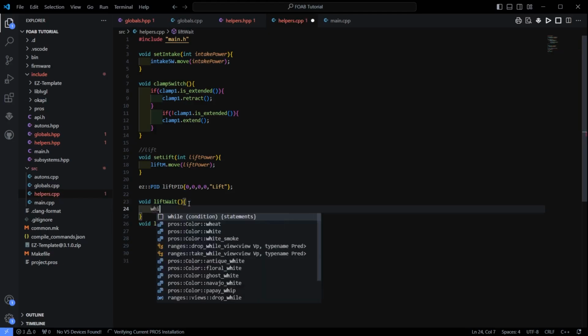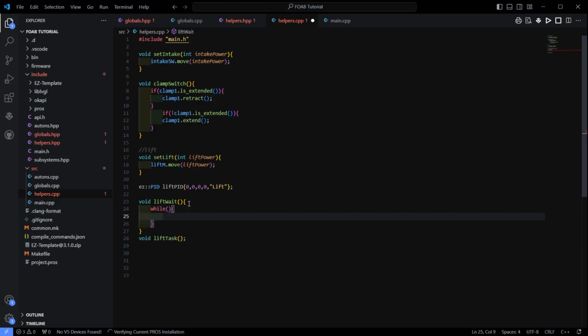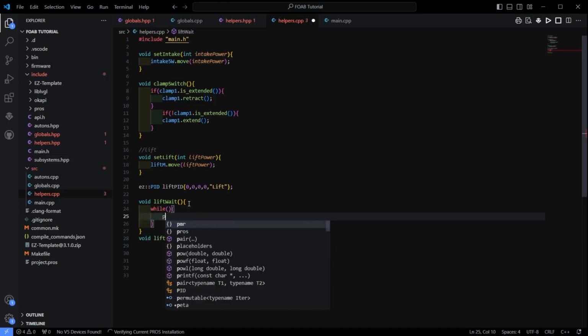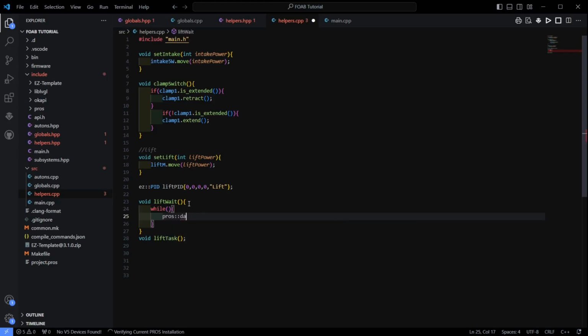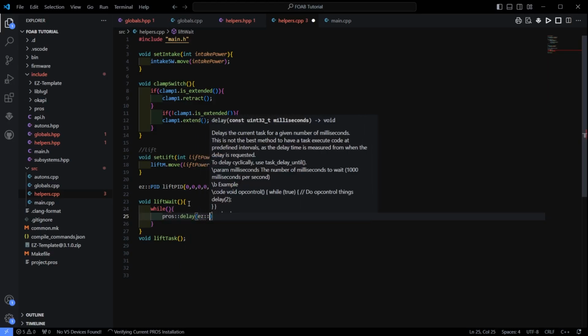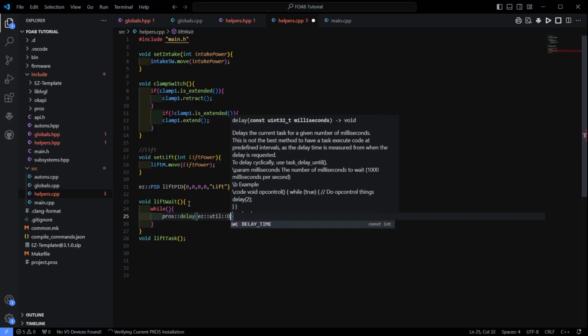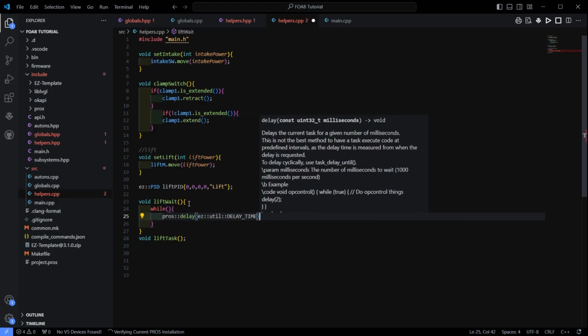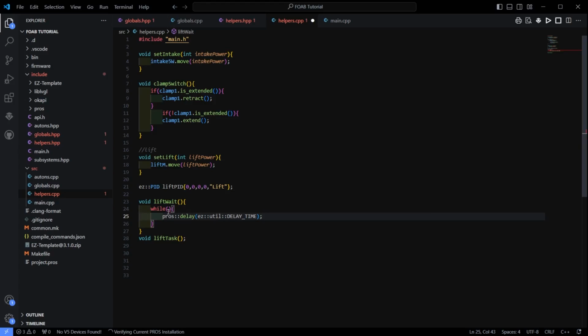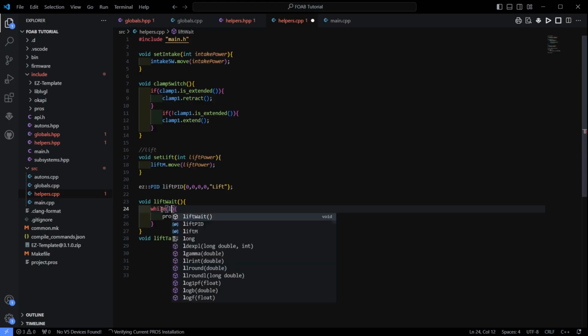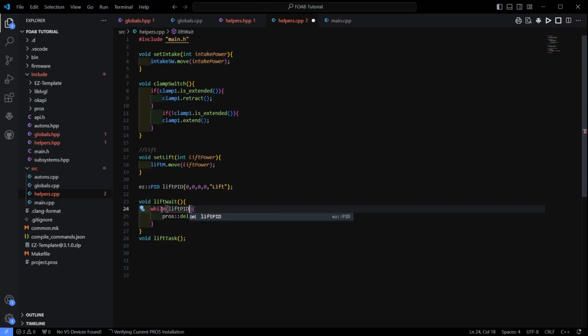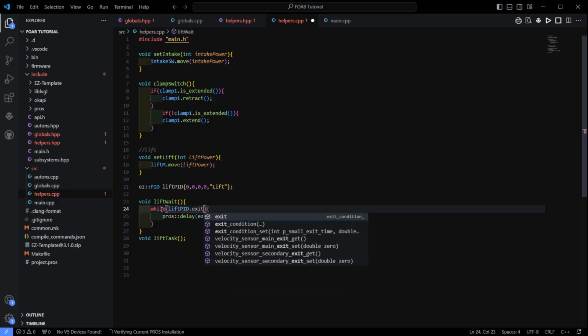What that's going to look like here is we're going to put in a while loop. In that while loop, we are going to put a delay using the utility from Easy Template. I'll show you that here. Just like that. Now, what are we going to put in the condition of the while loop? That's actually going to be the lift PID exit condition. So what that's going to look like is lift PID dot exit condition,